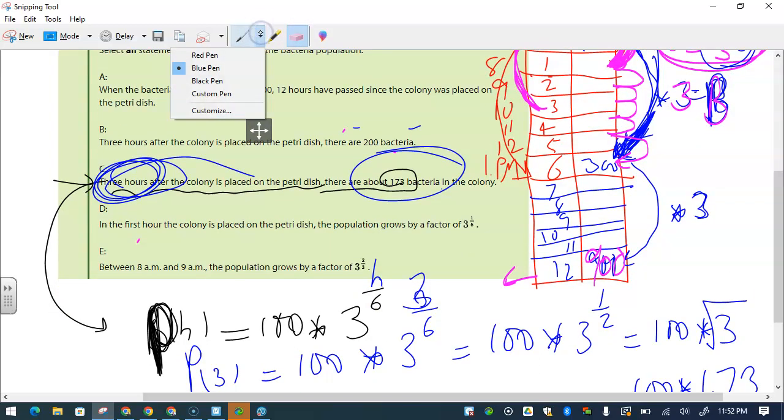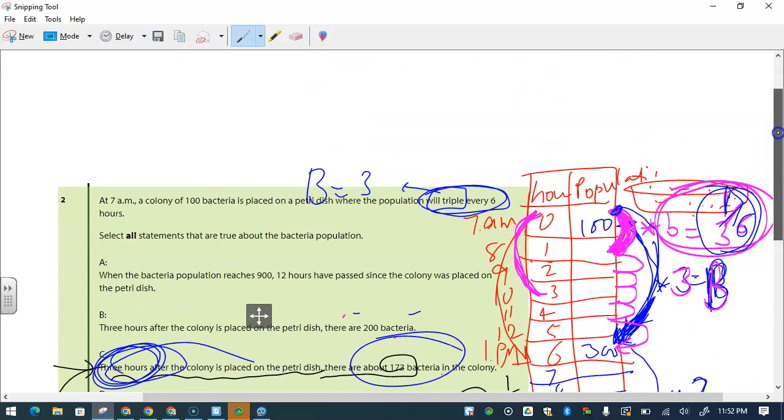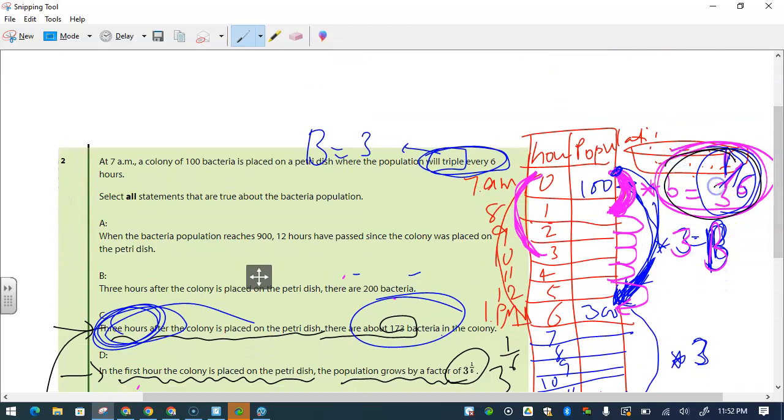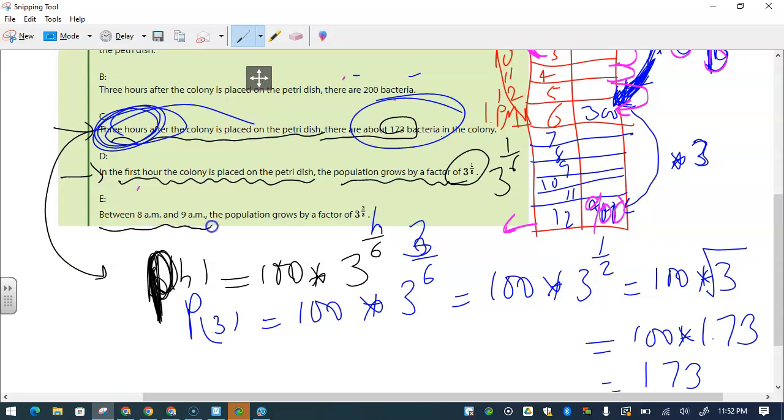I hope I'm making sense, you guys. In the first hour, the colony is placed, the population grows by a scale factor of, yeah, that's correct, 3 raised to 1/6. And I showed you how it is. See, here it is 3 raised to 1/6, even though I did not write it neatly. It is also the 6th root of 3. Then we get finally between 8 a.m. Now, how many hours is between 8 a.m.? It's like 1 hour, right? The population grows by a factor. We have seen the population grows by